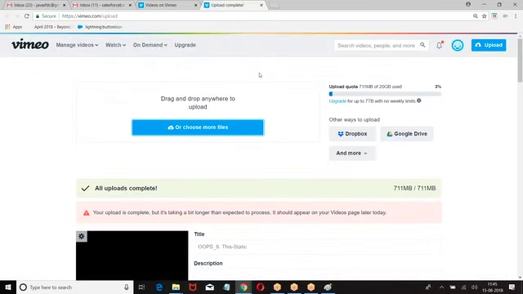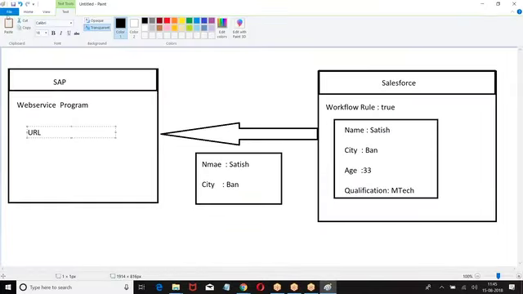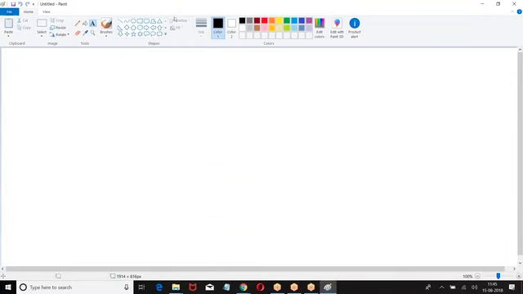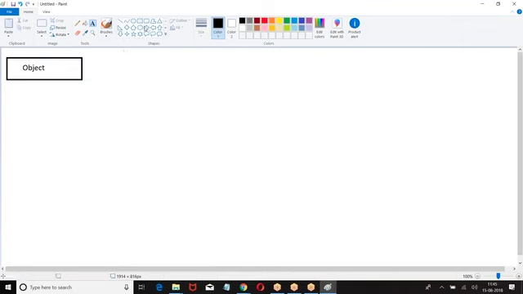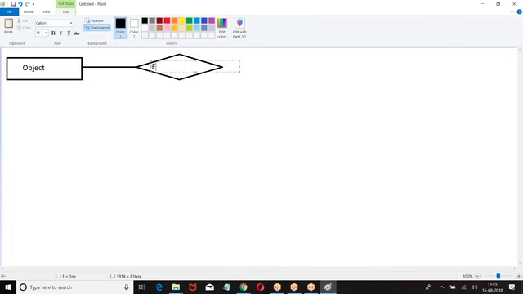Let us take the overall conclusion. So on an object, we had the evaluation criteria.